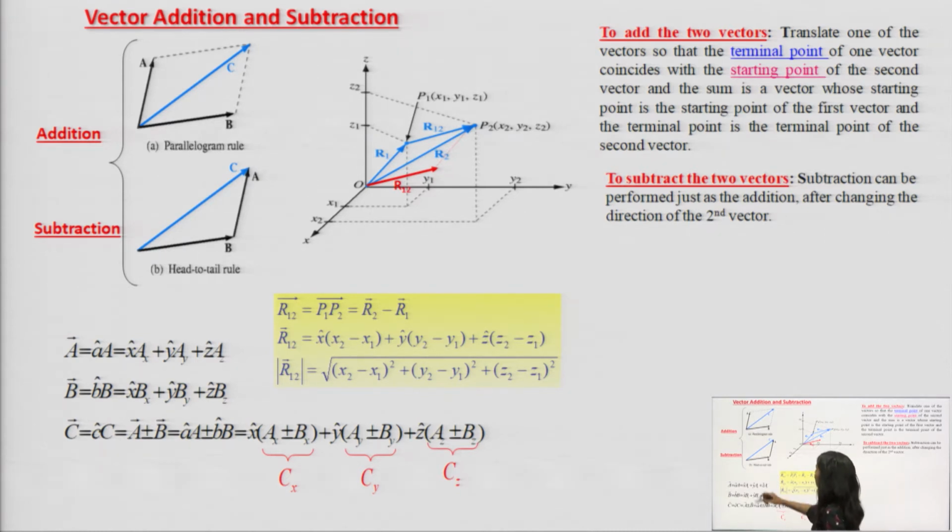As for example, here we can see there are two vectors, vector A and vector B. If we need to sum, what to do? We simply put the vector A, this is the vector B,